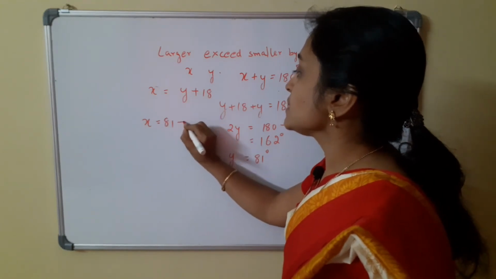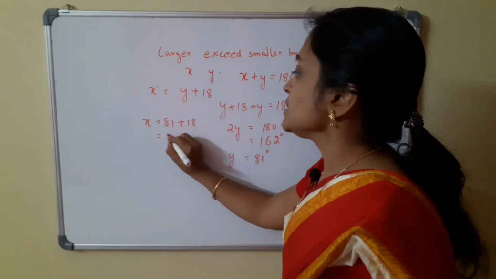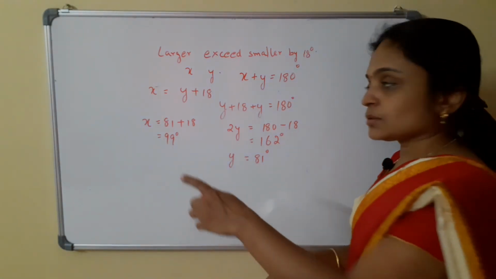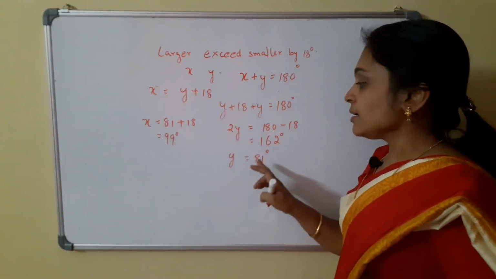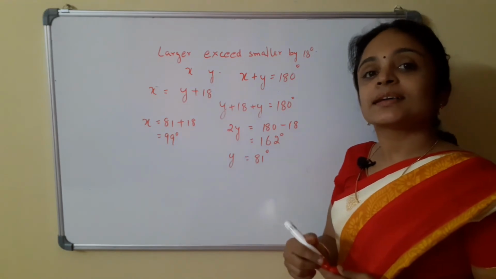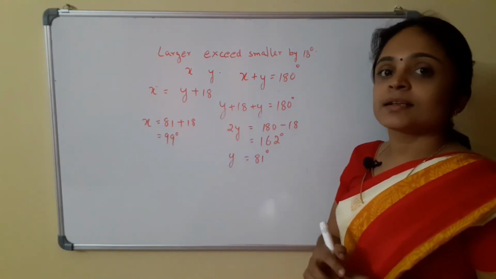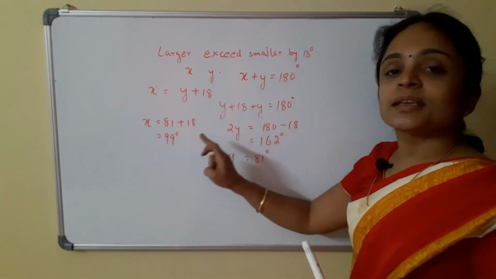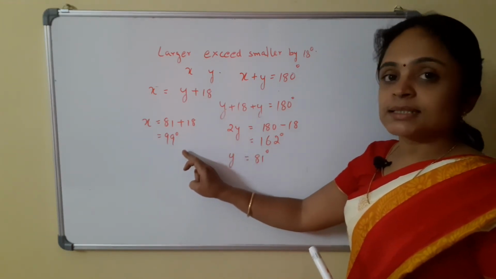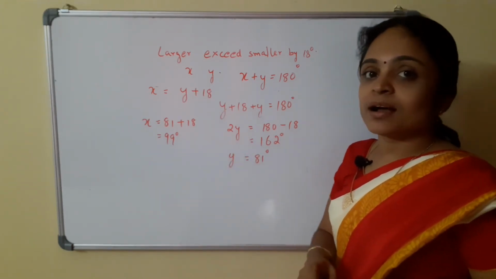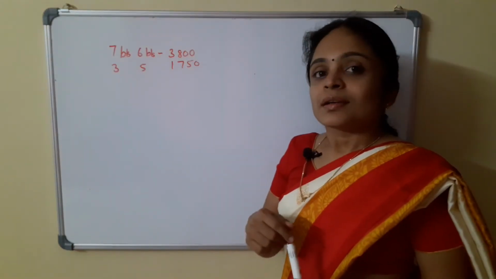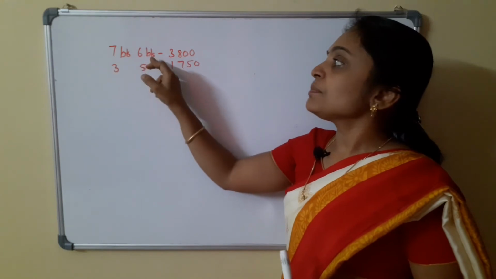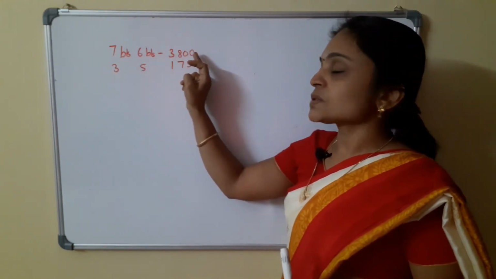So y equal to 81 degree, which means x equal to y plus 18. 81 plus 18 is 99 degree. So the two angles are 81 degree and 99 degree. Okay, understood? Next question is, if the coach of a cricket team buys 7 bats and 6 balls for 3,800